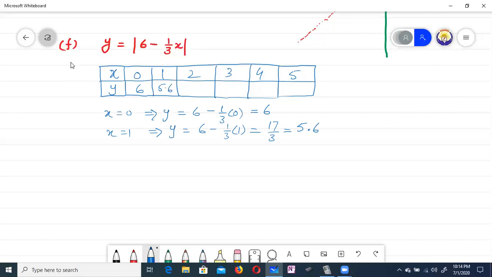Then x equal to 2 we are taking. Then y is equal to 6 minus 1 by 3 into x, x is 2, so this is 2 by 3. This will be equal to 6 3s are 18, 18 minus 2, 16 divided by 3, that is